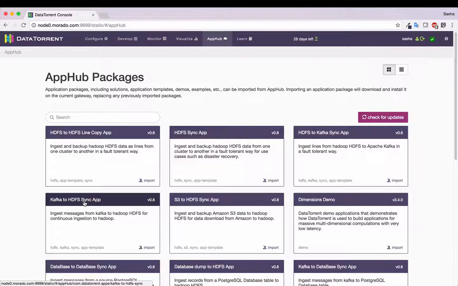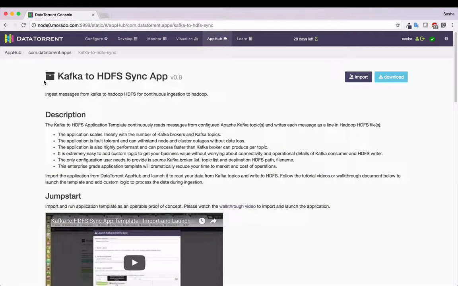Here, in each tile, we see the name of the application and its version. Below is the description, followed by application tags, and an import button. If we click on one of the tiles, we're taken to the application details view page, where we can see